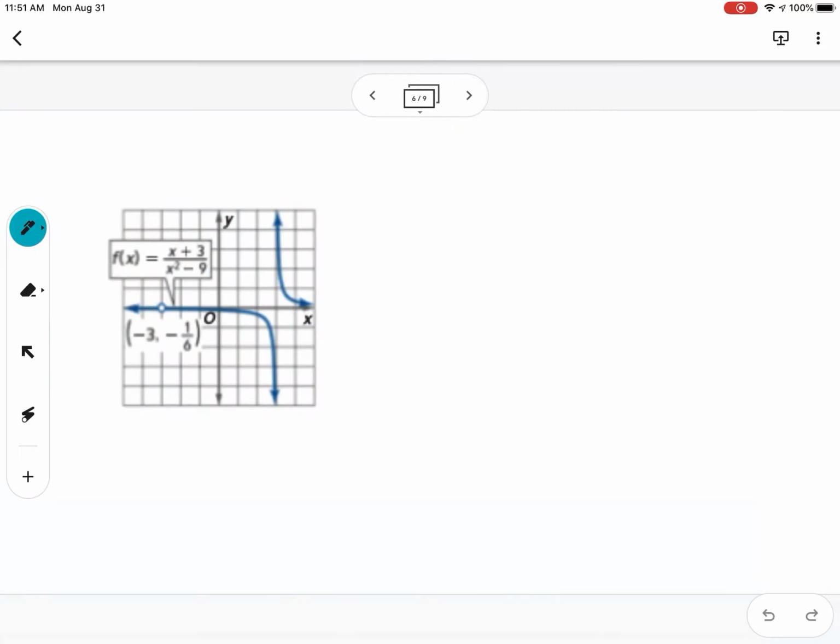That was a jump discontinuity. This is an infinite discontinuity because the graph, there's no dots, but there are arrows in the middle there. So let's get started. As x approaches, so what's the x value here where we have these? This x value seems to be 1, 2, 3. So as x approaches 3 from the left, and as x approaches 3 from the right,